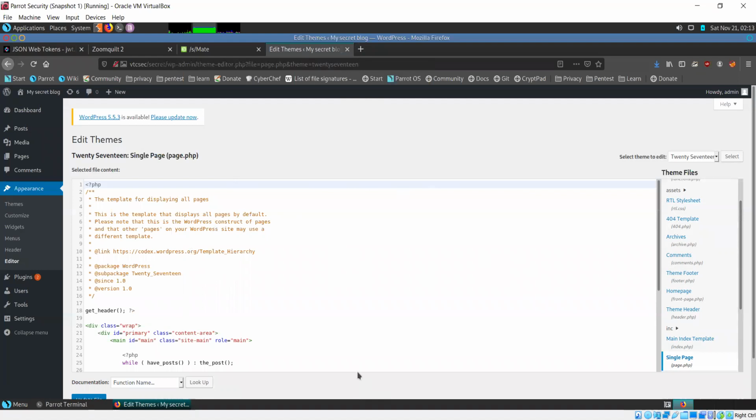Now our goal is always to get a shell onto the system. So I will be replacing this code with the code for a PHP reverse shell. When PHP code is the code for a web page, that code will run when you visit that web page. And what we want is that when it runs, it should initiate a reverse connection back to us, which will allow us to get a shell on that system.